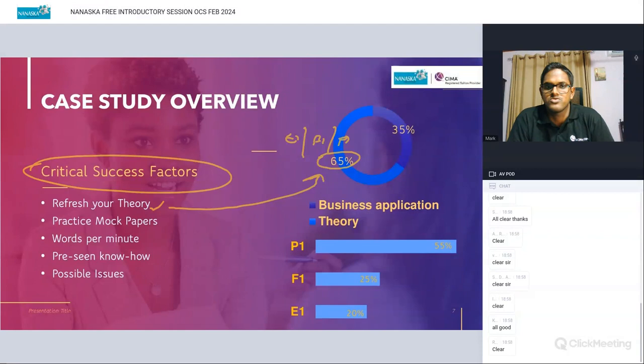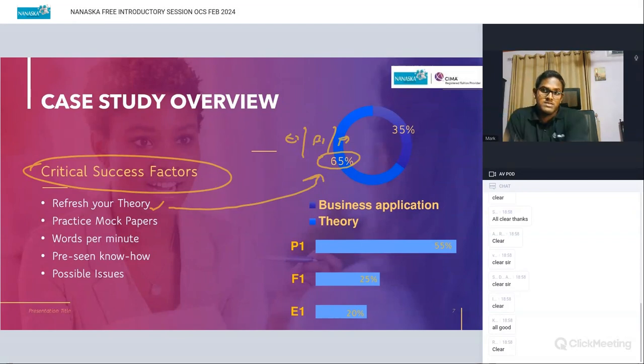So what I wanted to show here is the emphasis on theory. Some might think, this is a case study, why do you need a lot of theory? The examiner will not ask the theory from you, but if you don't know the theory, you can't answer these questions. There is a level of application you've got to know, but there is also a great deal of theoretical knowledge you've got to have to answer some questions. For example, linear programming. The examiner will not ask you to draw a linear programming chart in the exam.